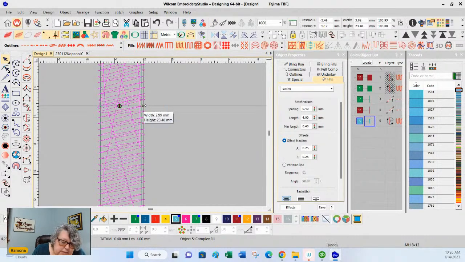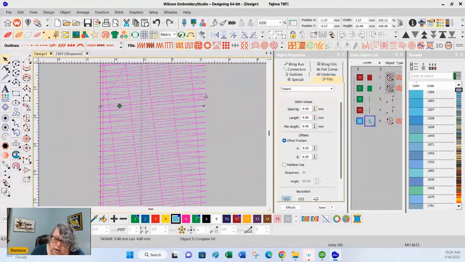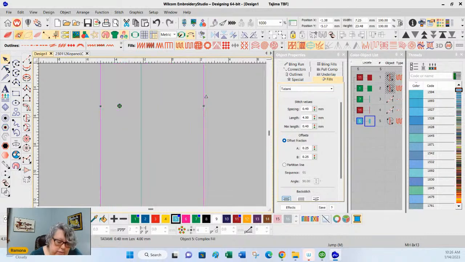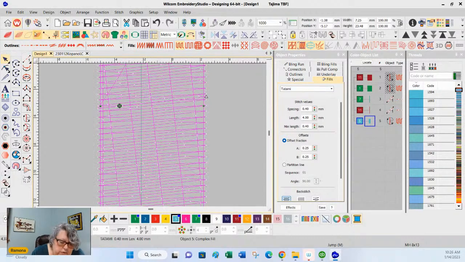We take the same thing and make that wider. Now it's 7 millimeters wide. How many stitches are there? Let's see if we can find our stitch. Oh, there we go. Each one of those dots is a stitch. Each one of those dots is a stitch penetration into your fabric.